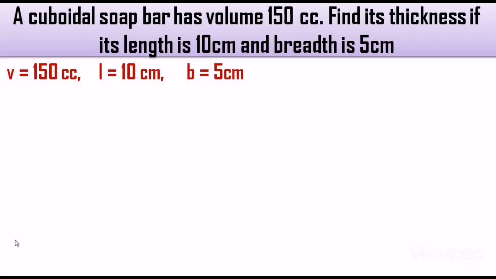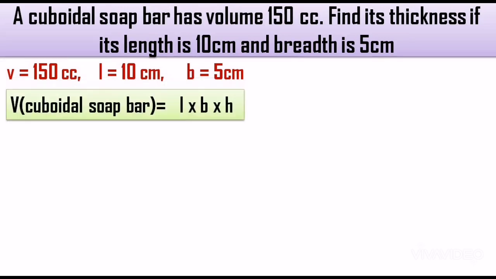If you read the question itself, it suggests that this soap bar is cuboidal in shape. And we know the volume of cuboid is nothing but length into breadth into height. So volume for this cuboidal soap bar will be the same, that is length into breadth into height, that is LBH. The value of volume is already given to us. The moment we substitute the value, we have to be more cautious. Now below volume, we are going to put the value of it, that is 150, and for the length and breadth it is 10 and 5. So substituting the values, we get 150 equals 10 into 5 into H.